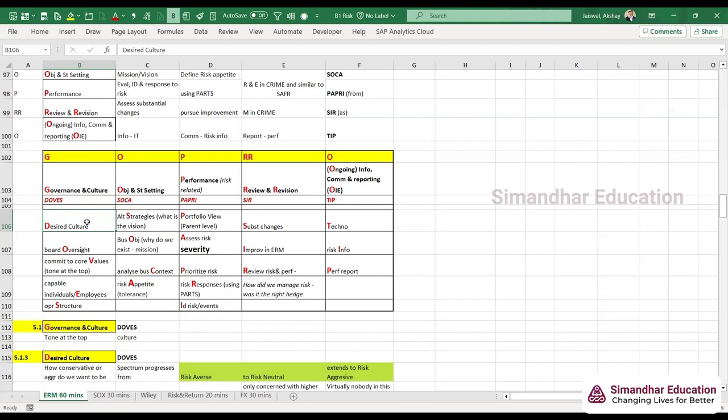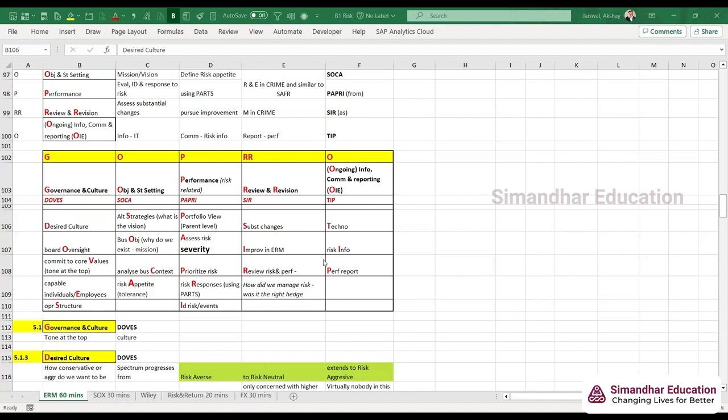So if they are not telling us to stop, and they are just putting more and more targets over us, then what do you think about the culture, right? What do you think about tone at the top? Are they supporting it or not? Even if they have not given it in a written email, are they supporting it or not? What do you think? Correct. So they are supporting it, definitely. So that is one of the examples of tone at the top.